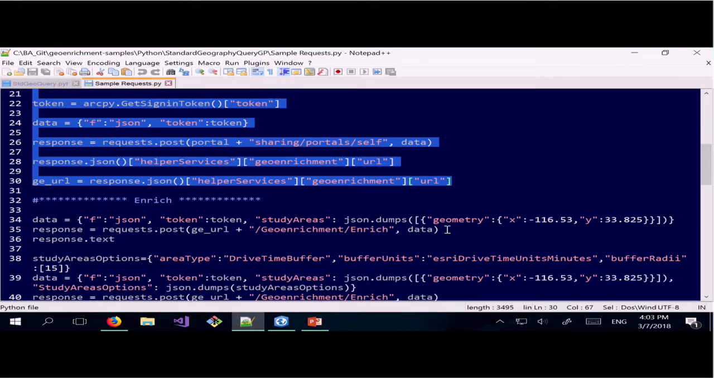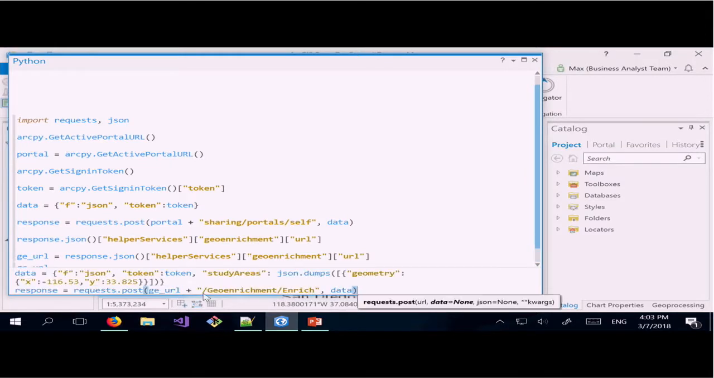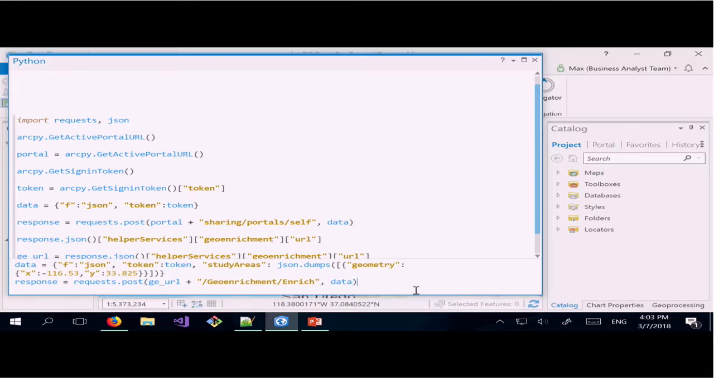Now it's time to do our first enrich request. Let me copy it in. So here I have 3 arguments. The first one is just the format. I want the JSON back. The second argument is token. And the last argument is study areas. And in this case, it's just X and Y coordinates of the convention center that we are in. Let's run this request